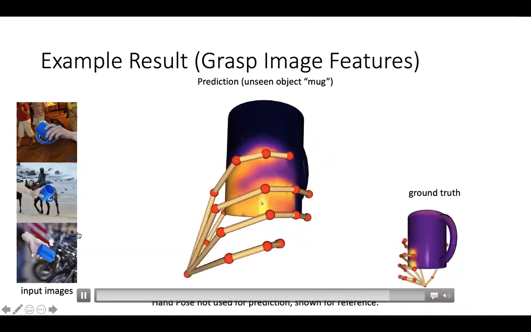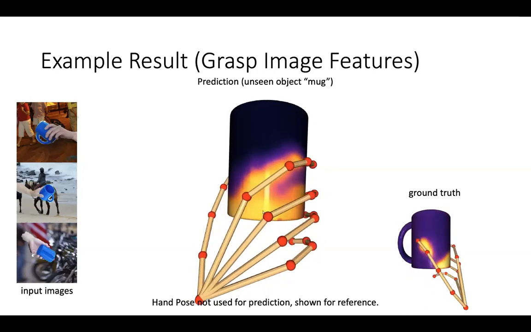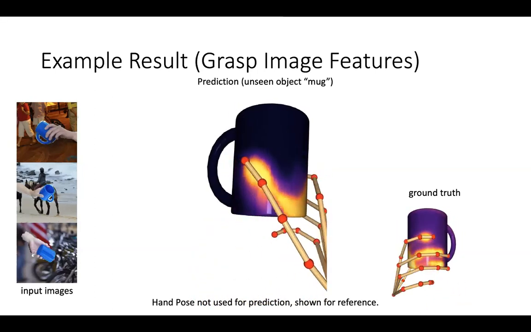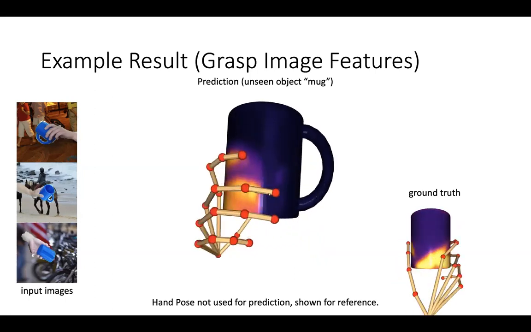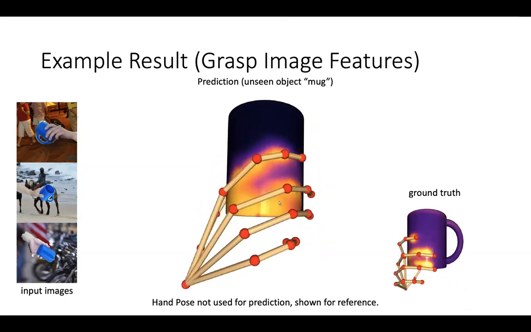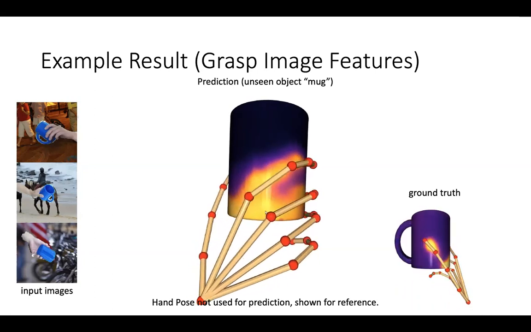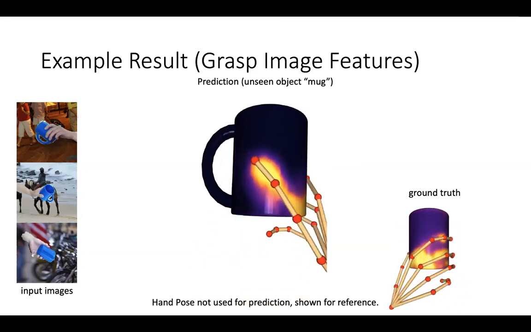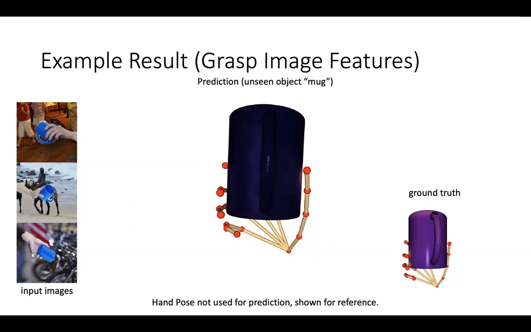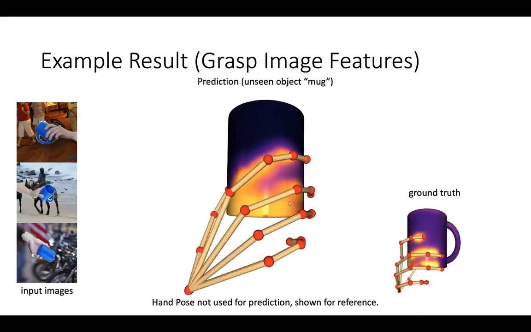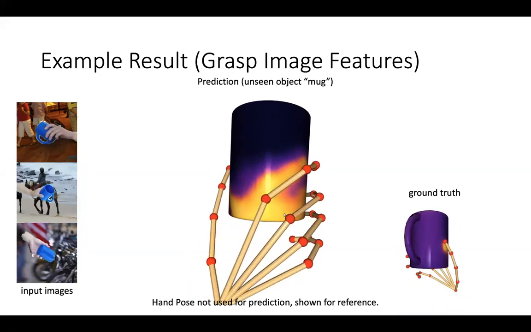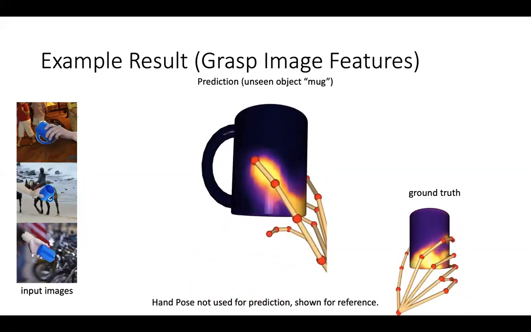The interesting part is that we found that it is highly dependent on which parts of the object are actually being visible from those images, right? So we actually have results in the paper for predicting contact from a single view image rather than multiple views, but that performs, perhaps unsurprisingly, worse than if you have multiple viewpoints.